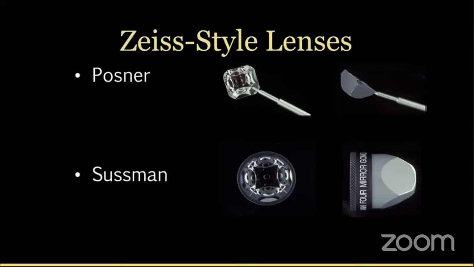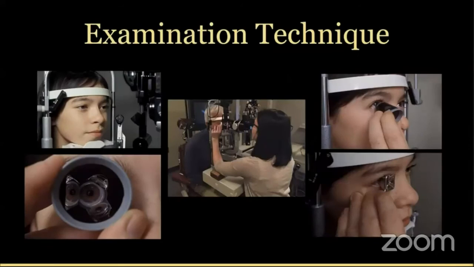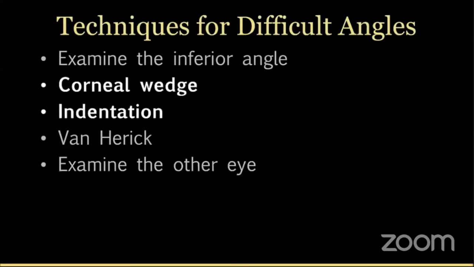I use a Posner style lens, which is basically a Zeiss lens, but now made out of plastic with an incorporated handle. I like the handle. Some people prefer the Sussman lens, which has no handle, and that's kind of whatever your choice. I don't have time to go over all the examination techniques, but I really want to talk about two things: